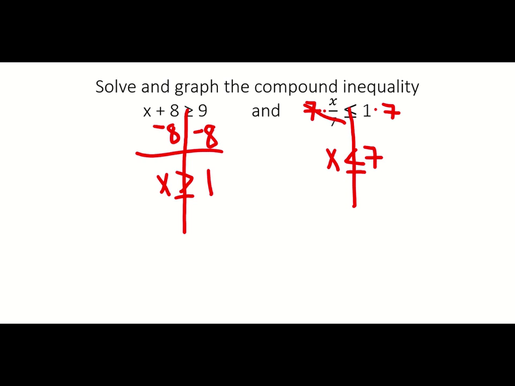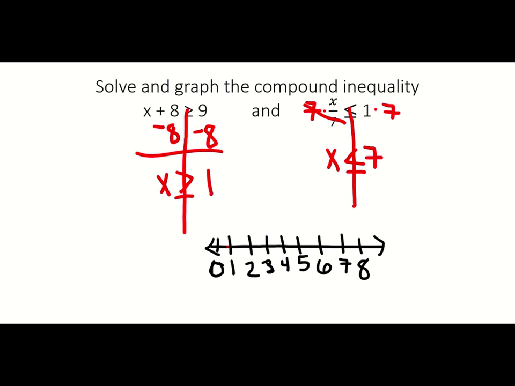So my first statement, x is greater than or equal to 1. That tells me we have a closed circle at 1. And I need to shade towards numbers that are greater than 1. So shading towards the right. And then the other one is x is less than or equal to 7. So that's going to be a closed circle at 7. And then I need to shade towards numbers that are less than 7. So that's going to be towards the